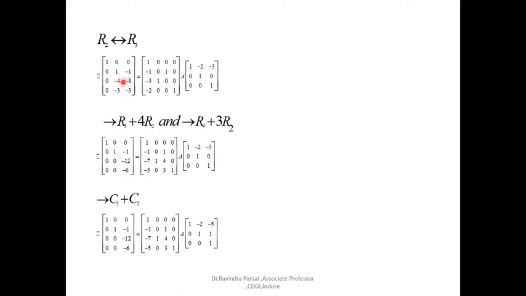So these elements are getting this way, and the same type of treatment you are doing to this left side prefactor unit matrix. Don't change the post factor unit matrix, keep that as it is. Now as we adopted the technique in the first stage, the same type of technique you adopt to make these below elements 0, that is R3 minus, so R3 minus 4 plus 4 is 0, that's why on applying R3 plus 4 R2 and R4 plus 3 R2, by this you are making this position element